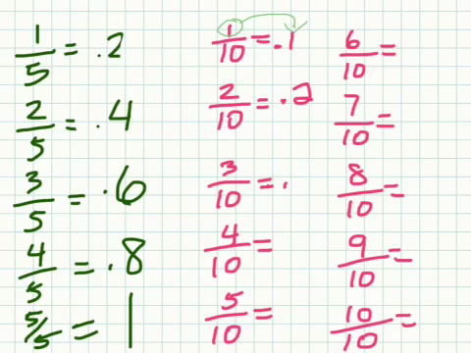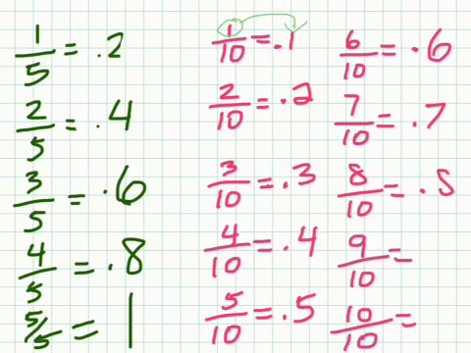3/10 would be 0.3. Try to beat me. 4/10 would be 0.4. 5/10 would be 0.5. 6/10 would be 0.6. 7/10 would be 0.7. 8/10 would be 0.8. 9/10 would be